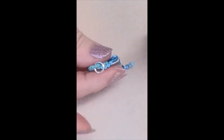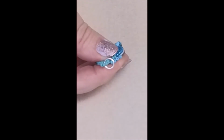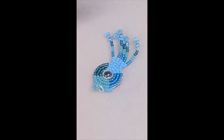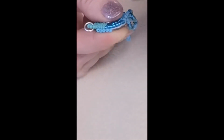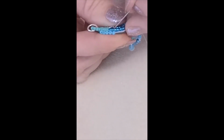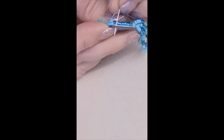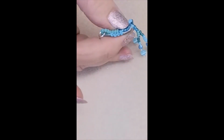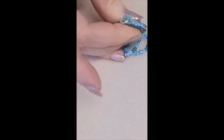So I've just added that seed bead and I'm going under and up. So you can see how this is starting to develop a nice little edge. Still keeping an eye on whether or not I'm on camera. So I lay it to the side, push the needle through the foundation, through the back. I'm going to show you the back in a second. Surprisingly, you'd think that there was a lot of thread showing, but